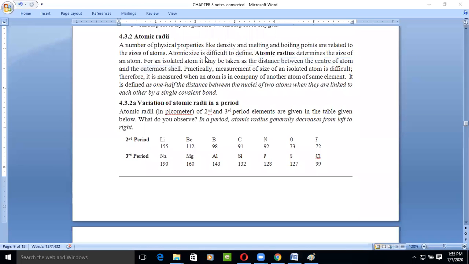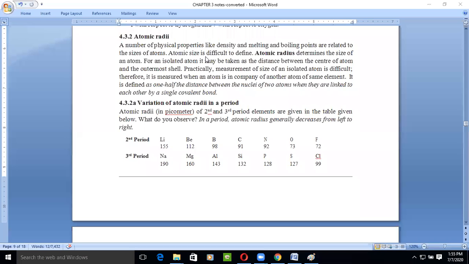If you want to find out the atomic radii of hydrogen, how can you find it? Hydrogen is a gas. To attain a stable state, hydrogen lives like H2, O2, N2, Cl2. These are diatomic states, meaning a stable state when an atom is bonded with another atom. At that time, it becomes easy for scientists to find out the atomic radii.